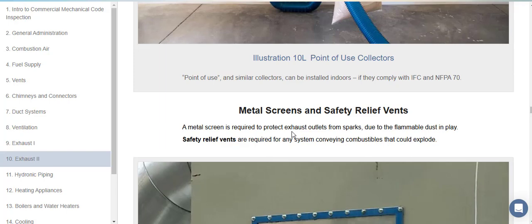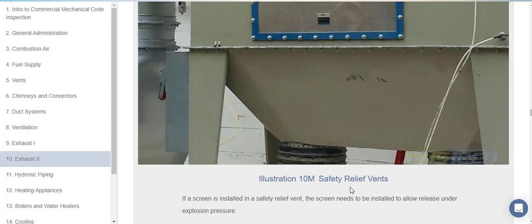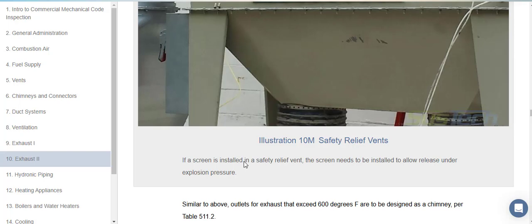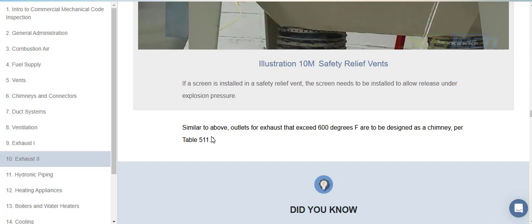A meter screen is required to protect the exhaust outlet from sparks due to flammable dust in play. Safety relief vents are required for any system combined with combustibles that could explode. Illustration 10M. Safety relief vents. If a screen is installed in a safety relief vent, the screen needs to be installed to allow release under explosion pressure. Similar to above, outlets for exhaust that exceed 600 degrees Fahrenheit are to be designed as a chimney